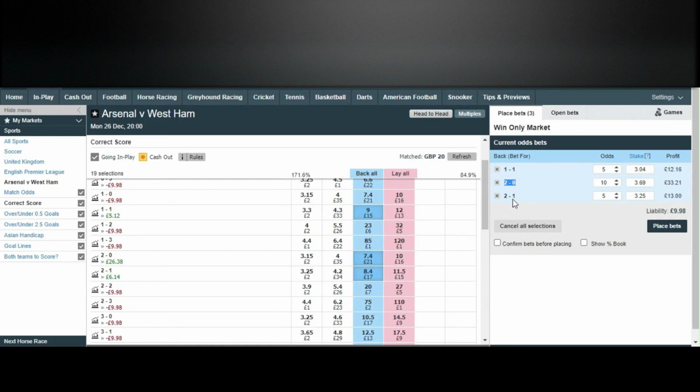The reason I do the cash out on that and not wait for this is because at this score, it may be unlikely this one's going to come through. Arsenal could score another goal, make it 3-0, and then all these are dead, and you've lost your trade basically. So it's always safe, if this comes in, to wait for the market to settle a little bit, not too long, just in case of another goal going straight in after. Just wait for it to settle a little bit and cash out.